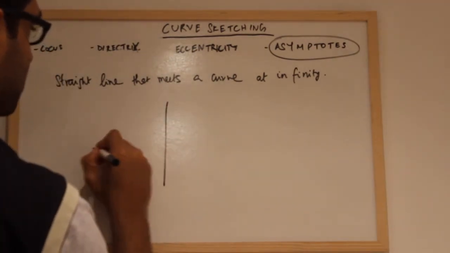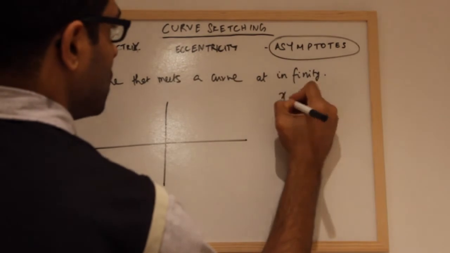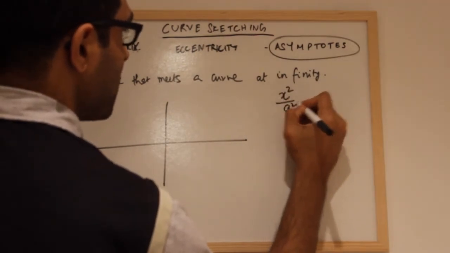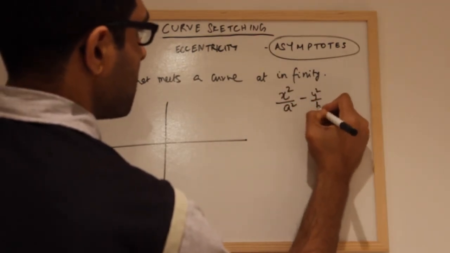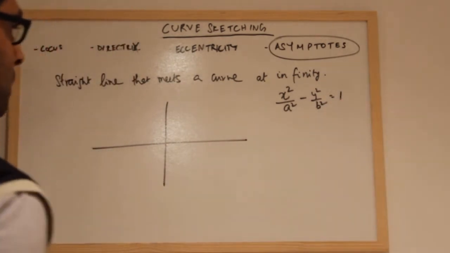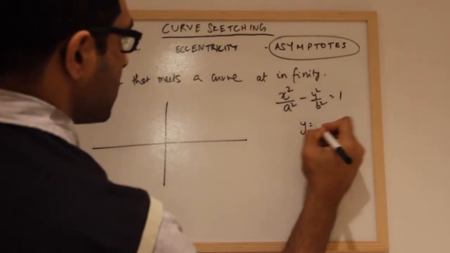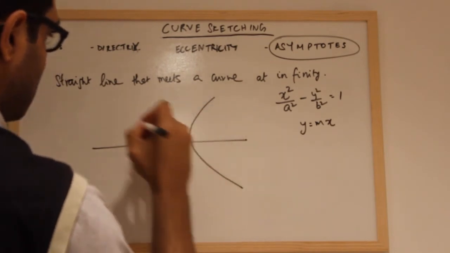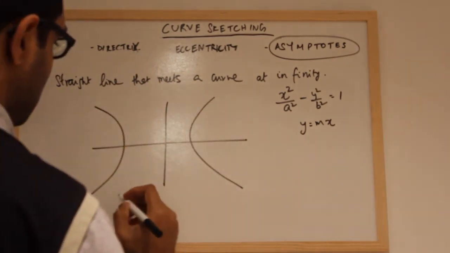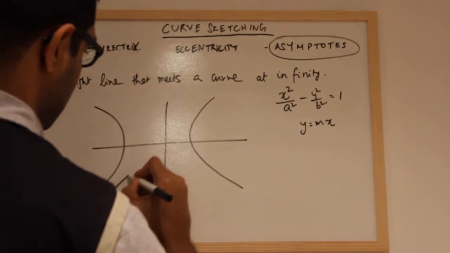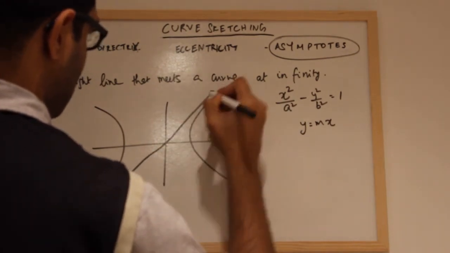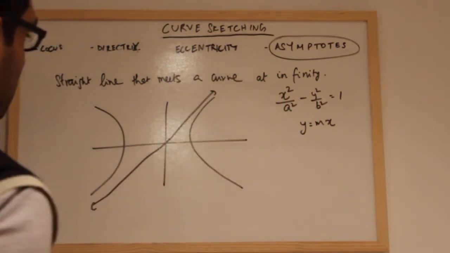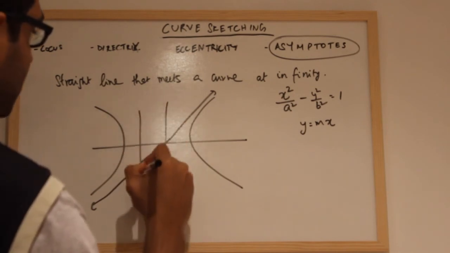One example is a hyperbola of the form x squared by a squared minus y squared by b squared is equal to 1, and our asymptote is y equal to mx. Our directrix would be